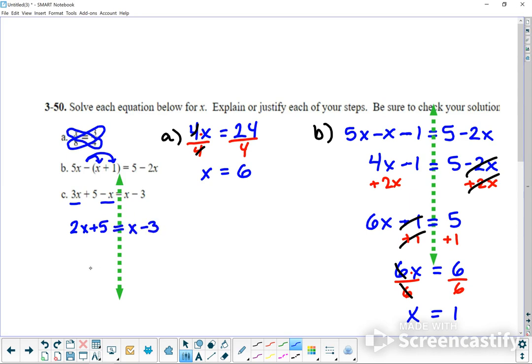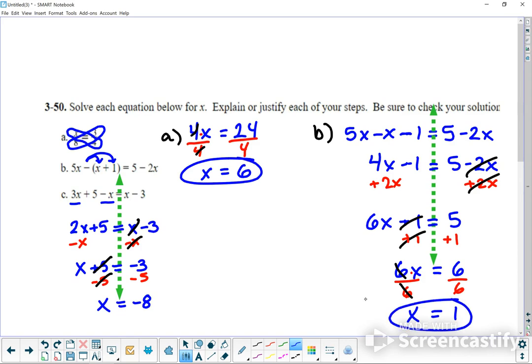Just copy everything down. Okay, and now we're going to put the x's on the same side, so I'm going to go ahead and subtract the 1x, or just call it x, subtract 1x. And these are going to cancel out. Now I got 2x minus 1x makes 1x, or just call it x, plus 5 equals negative 3. Don't forget the minus. And now I'm going to go ahead and get rid of that plus 5 by doing subtraction of 5. And these are going to cancel, but it's going to leave you with x equals negative 8. Okay, so our three answers are x equals 6, x equals 1, and x equals negative